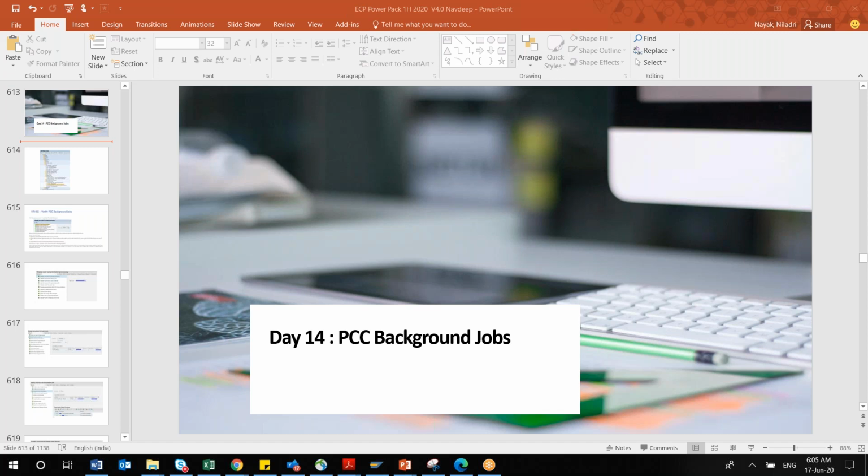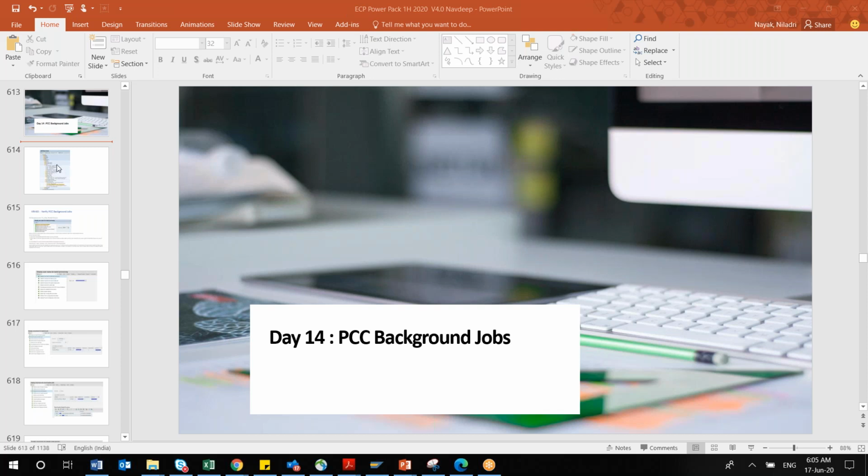Okay, but what goes on beyond the configuration? There is a set of configuration which I'll be talking about later on, but there are certain background jobs which work behind the scene. So today we'll be focusing on that topic. These background jobs are nothing but a certain set of programs. These are SAP predefined standard programs, and there are some minor settings. But as a payroll consultant, we should know those specific program names and the role of each and every program in our entire EC payroll. We'll try to understand that.